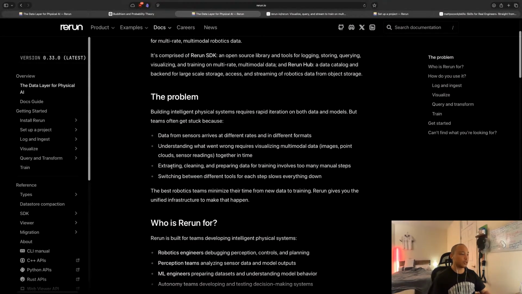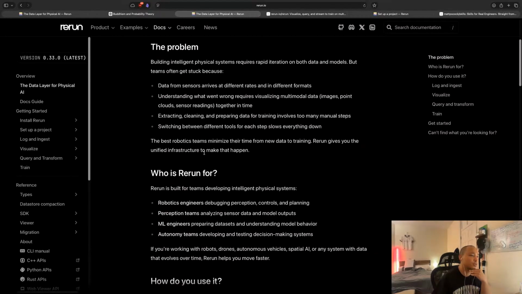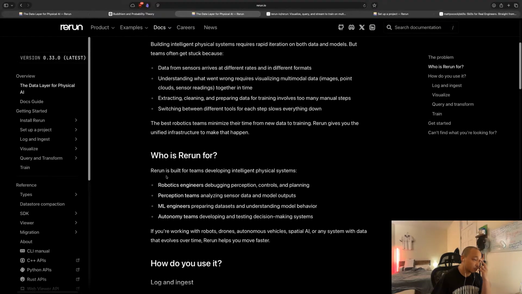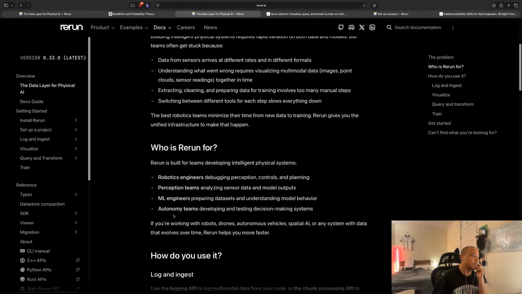Switching between different tools for each step slows everything down. The best robotics teams minimize their time from new data to training. Rerun gives you the unified infrastructure to make that happen. Who is Rerun for? Rerun is built for teams developing intelligent physical systems: robotics engineers, perception teams, ML engineers, autonomy.